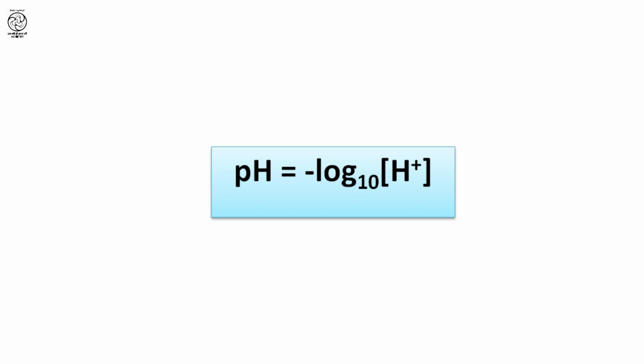Now, we have also seen that concentration in these solutions is in negative power of 10, like 10 to the power minus 4, 10 to the power minus 7. That means we have concentration of H positive ions or OH negative ions in the solutions in negative power of 10. This is a way of expressing the concentration of H positive ions or OH negative ions. But there is another way by which we can express the concentration of H positive ions in the solution, and that way of expression is known as pH. So, by definition, pH is the negative logarithm of H positive ion concentration. Have a look.